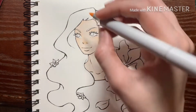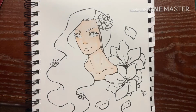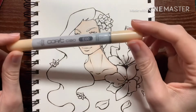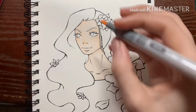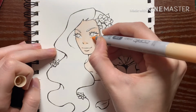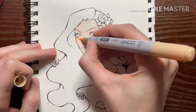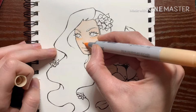Alright, so when most of your shadows are where you think they look the best at, that's when you're going to go in with your second darkest color. I used E00, and what you do with this marker is you're really just going over the shadows that you already put down to make them more defined. I like to put these shadows under the eyes, right on the bottom of the nose,